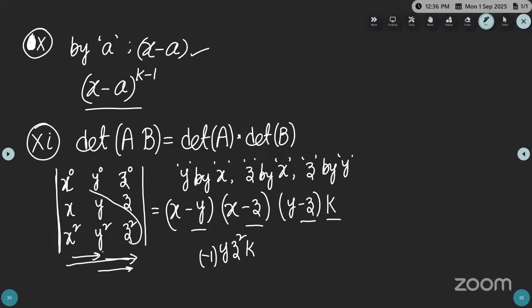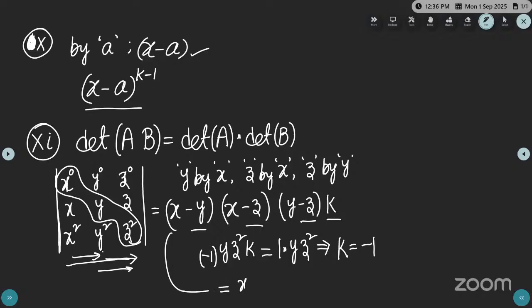The principal diagonal elements multiply to 1 y z square. Compare it with the k term. What you are getting? k equals minus 1. Okay, so the answer will be